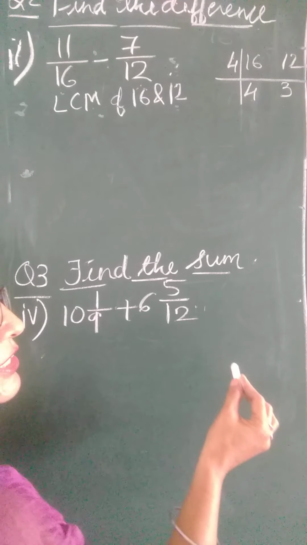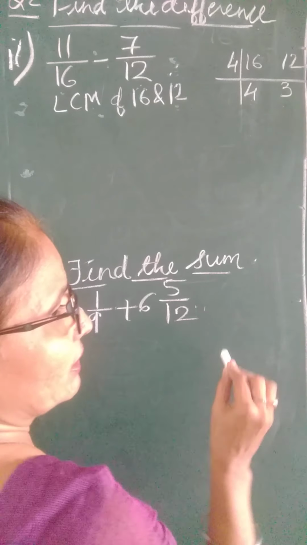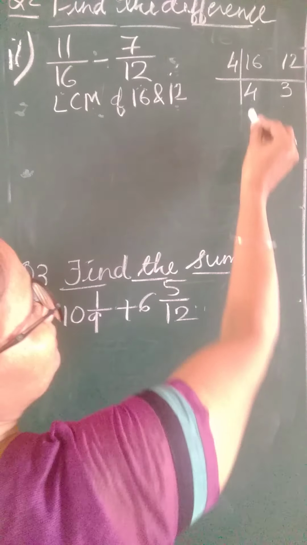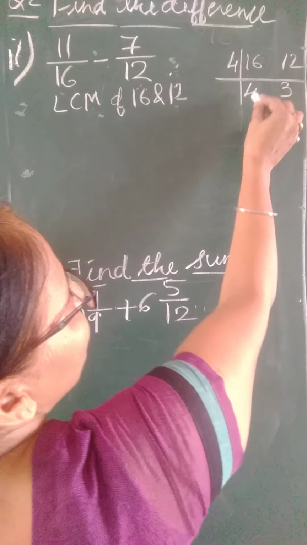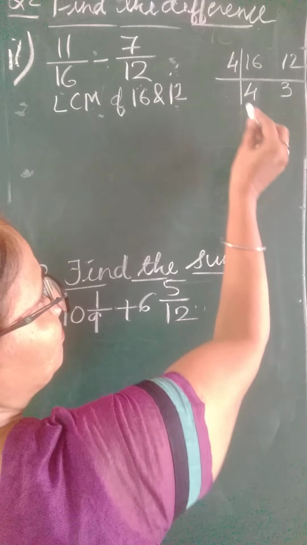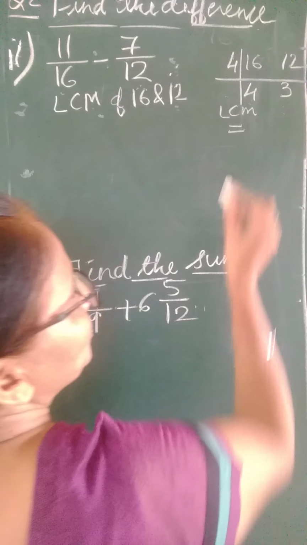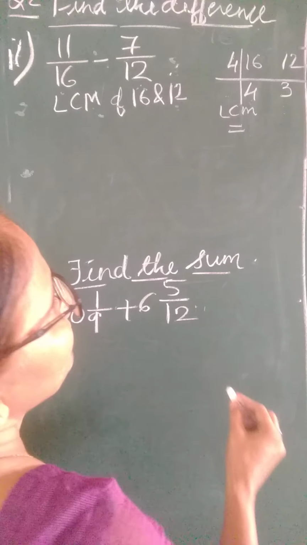Sometimes students keep dividing till they get 1. That also you can do, but this is very easy. So here we stop the division as we cannot divide both the numbers by any same number. And now LCM. What is meant by LCM? In the previous lecture I told you, product of common and uncommon factors.